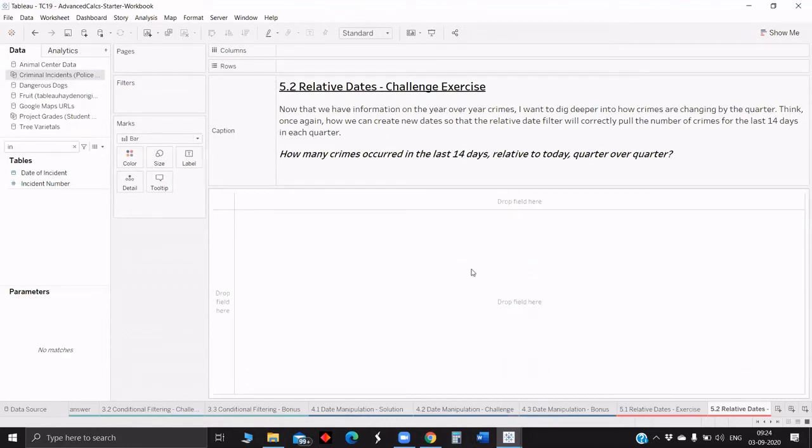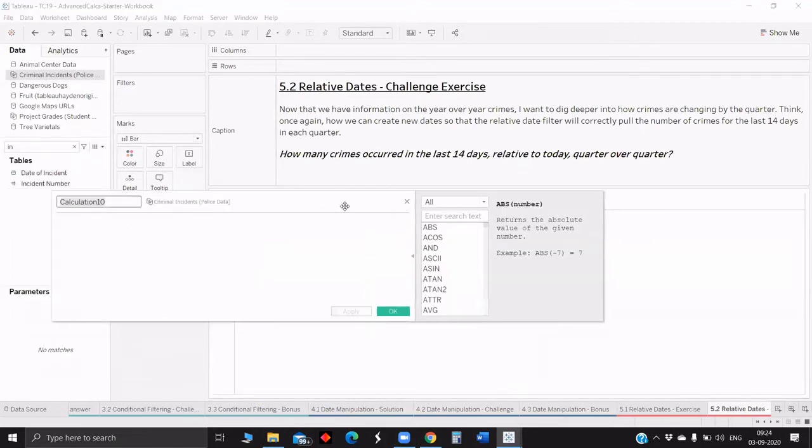The difference between that question and this one is that there we were supposed to show year over year, and here we are just trying to show quarter over quarter and the last 14 days. Maybe here also we will follow the same approach. First we will calculate how many quarters are between the quarter of today and the quarter of the incident. Then in the second field we will add the difference in quarters dynamically and manipulate the date. This we will try.